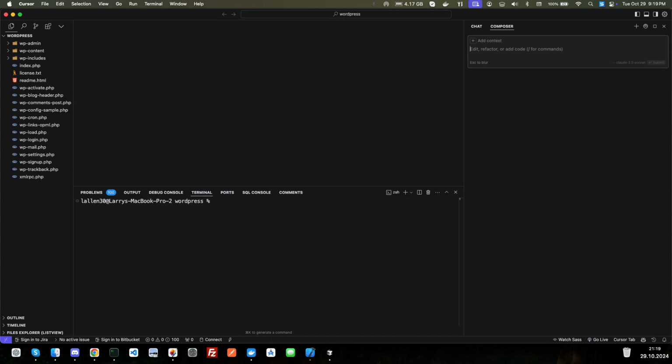And next, what I want to do is have Cursor build a Docker Compose file. So we'll go ahead and say, let's say this is a fresh install of WordPress. Please create a Docker Compose .yaml file with